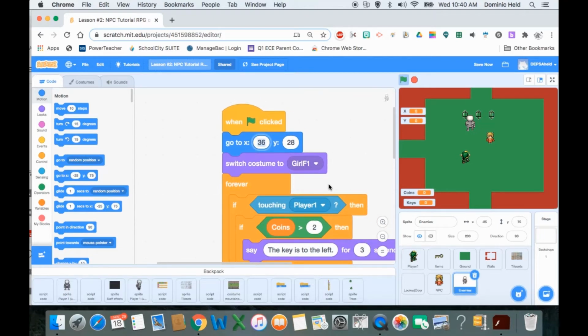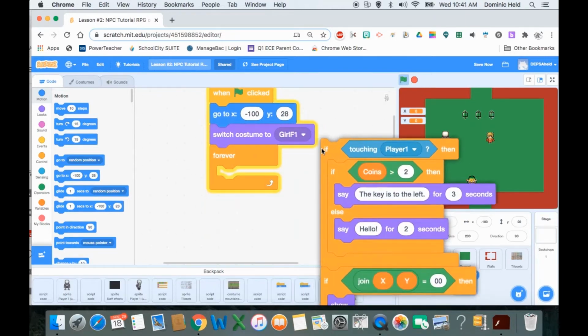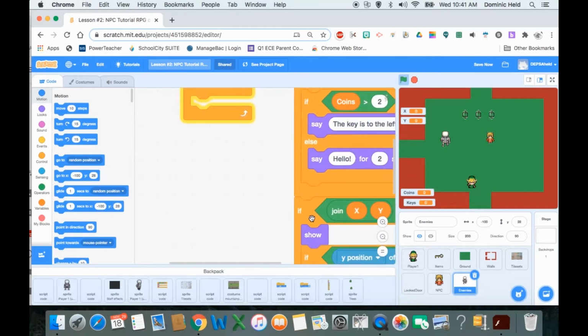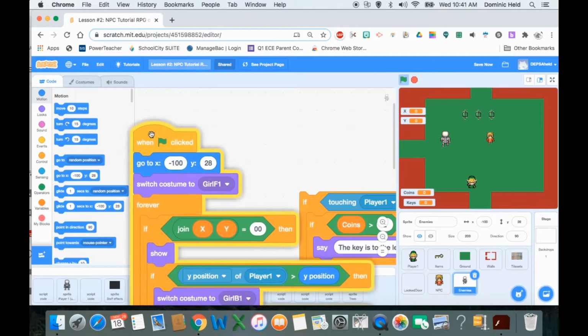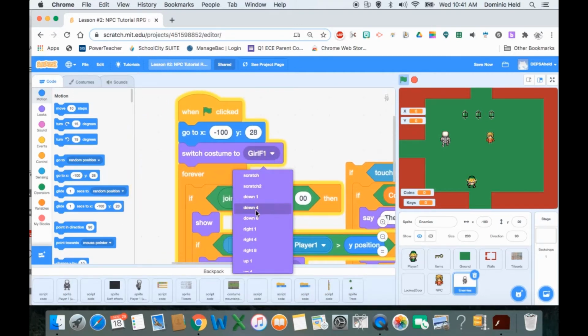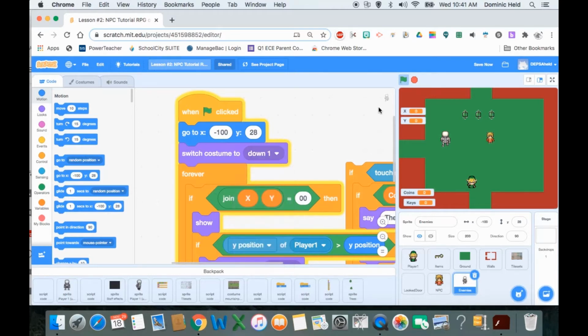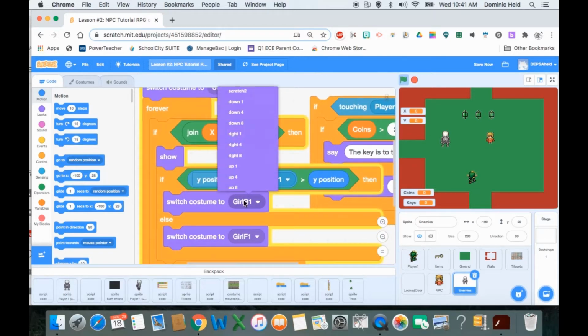Now we're going to move it over. Let's call it -100. So when I reset the game, we don't want any of this touching portion yet. We may do that later. So we're not worried about that. Okay, and it says at the start to switch costume to girl 1. Let's do a down one. Okay, so when I reset the game, he's facing down. That's cool. All right, and so